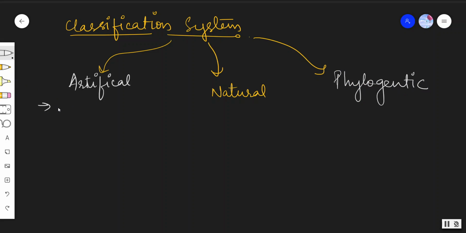Okay, so let me start with the artificial system. Actually, this is based on one or a few characters which are not related to phylogenetic significance. So let me first explain the phylogenetic one. If I'm using this term, you should know about the phylogenetic system first. The phylogenetic system is that system which is based on evolutionary